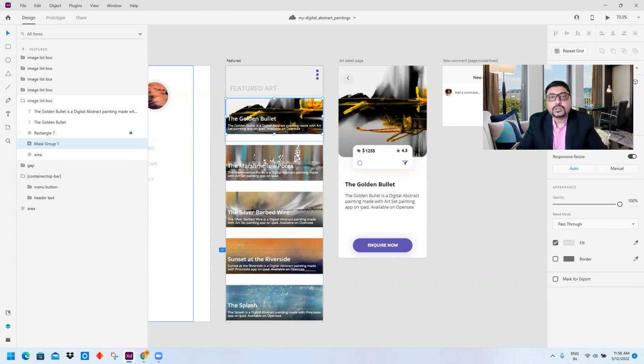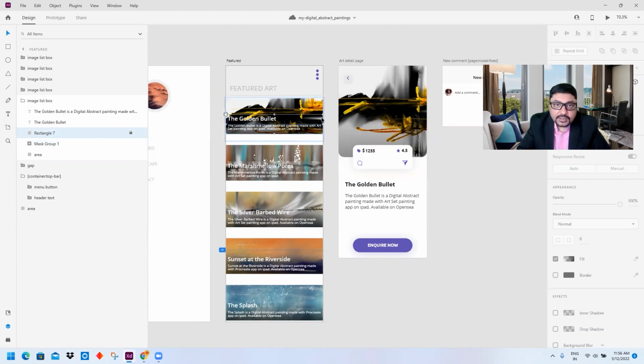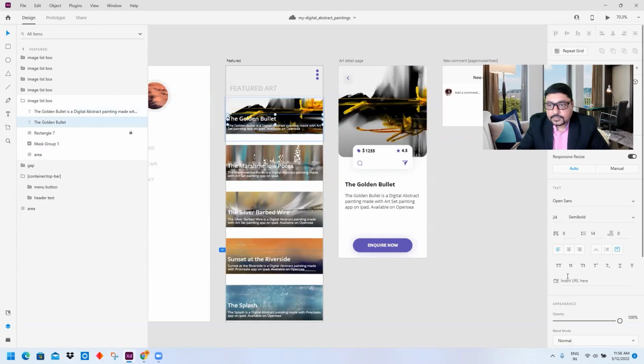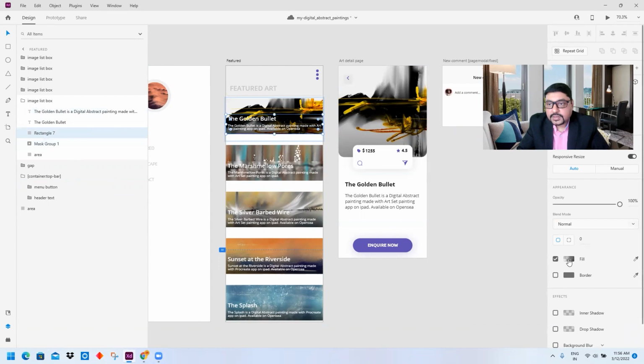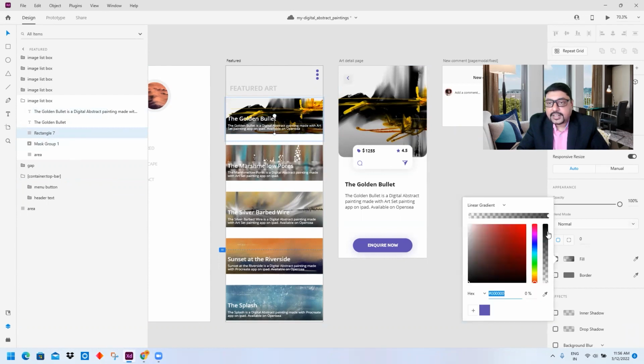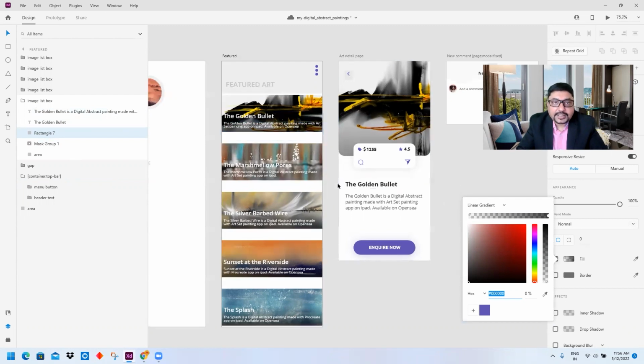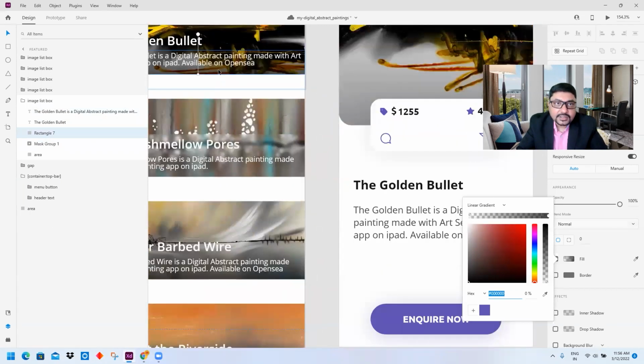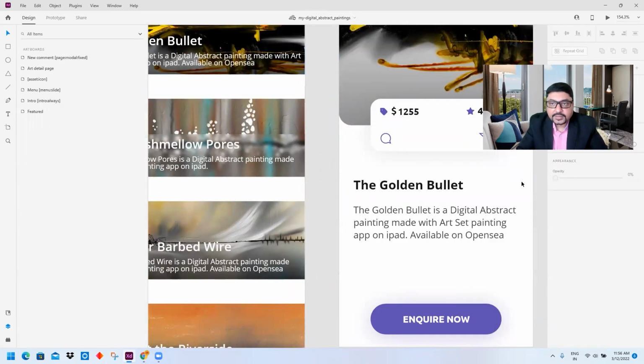Okay. So now let's see, there's a rectangle over here I have created, but this rectangle has a fill. If you see this fill, this rectangle has a linear gradient fill, which is black on black, with a 70% to 0% black on black gradient. See, the gradient is given the darkest and the lightest part. Okay.